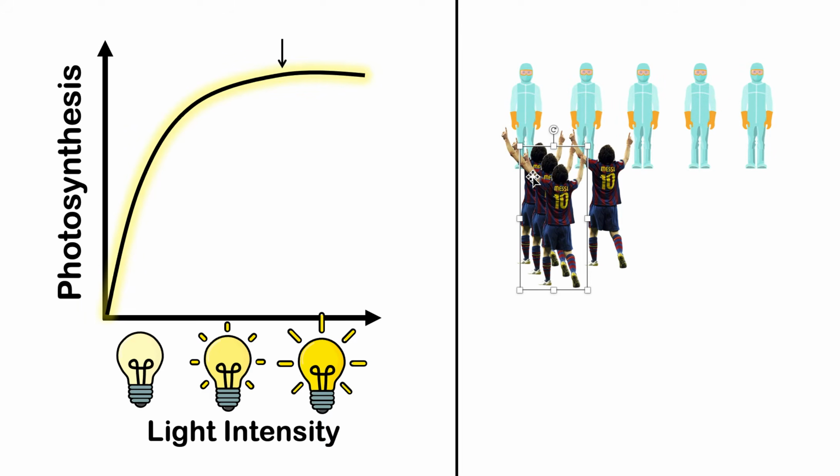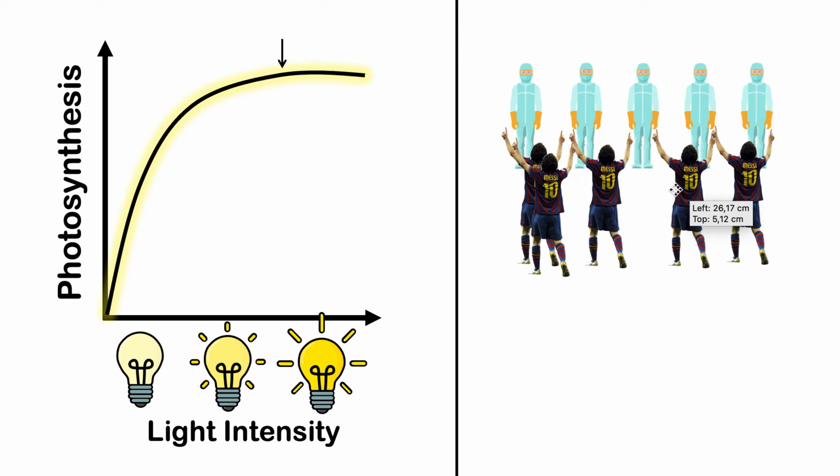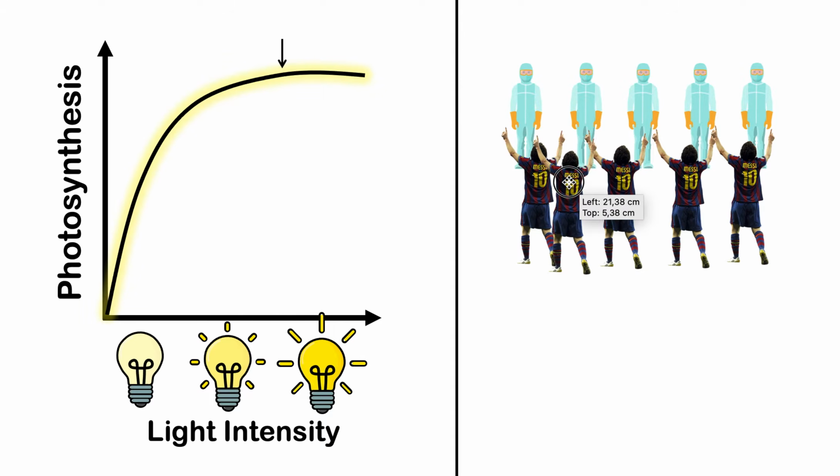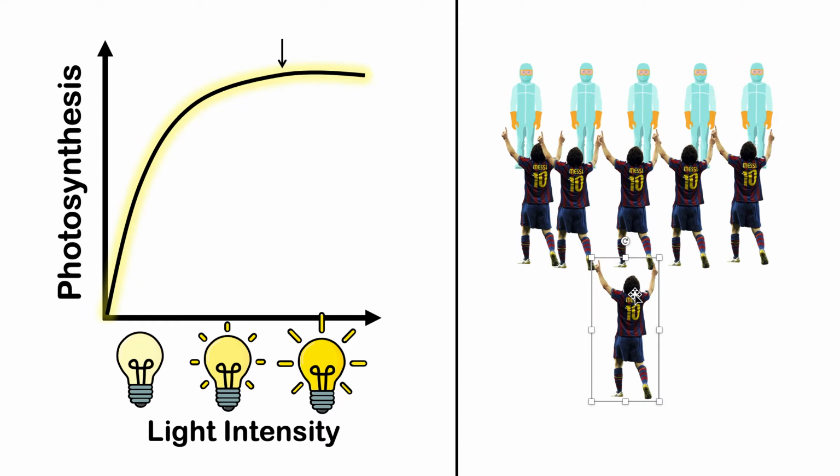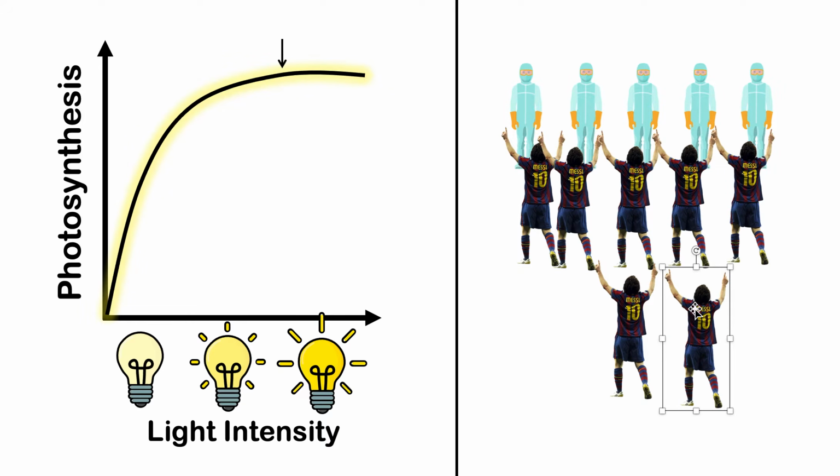Now if we put 5 people, in 1 minute, how many people can we test? 5. Okay, 5. Bear in mind, this will make sense soon. Now, if we add another person, how many people in 1 minute can we test now? Still 5, because there's only 5 testers. Okay, how many people in 1 minute can we test now? Still 5. What about now? Still 5. So you can see, even though we're increasing the amount of Messis, because there are only a certain amount of testers, the rate of testing will not increase. There's only 5 people, so only 5 people can be tested per minute, despite how many people you have.